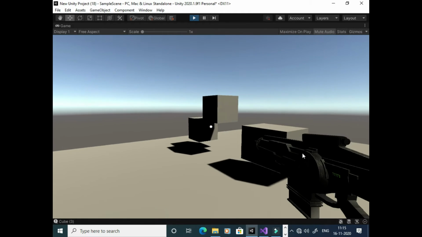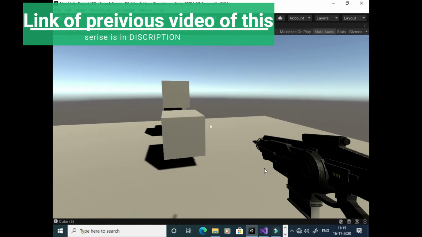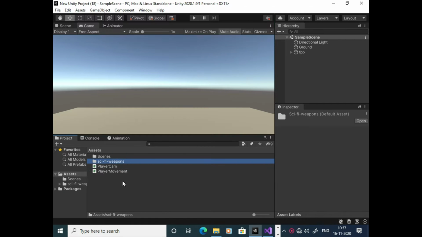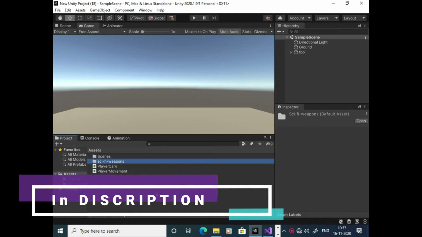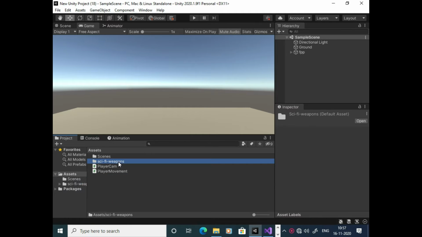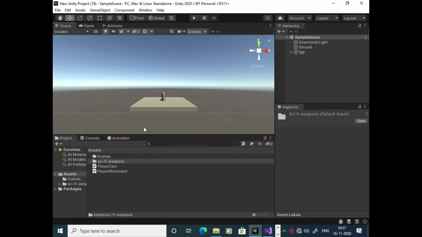In this video, I'm going to tell you how you can shoot using the raycast method in Unity. To make our player shoot, I have already added a sci-fi weapons pack in Unity. If you want to add this, you can download it and the link will be provided in the description. Now to add these sci-fi weapons to our player, we need to go under sci-fi weapons, base pack, heavy, and